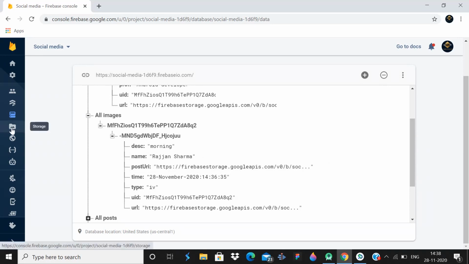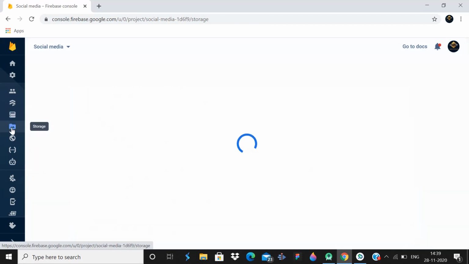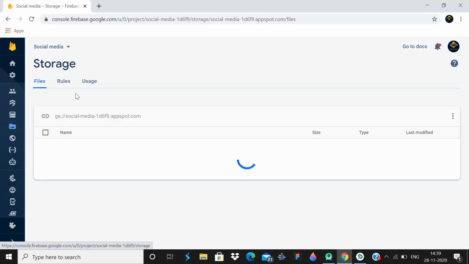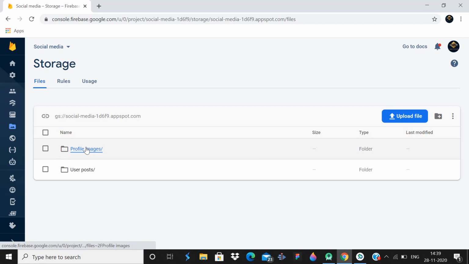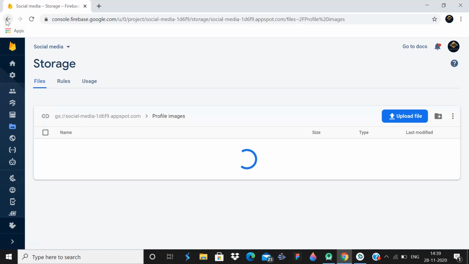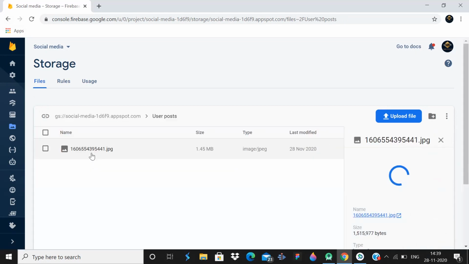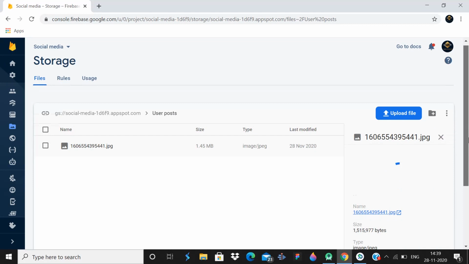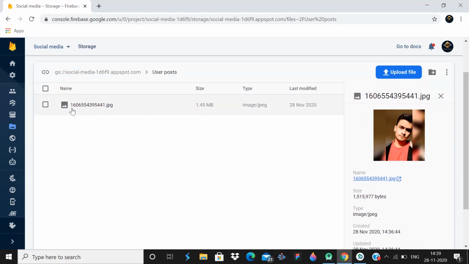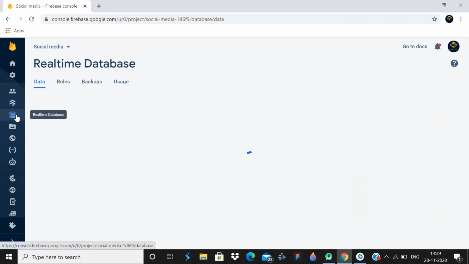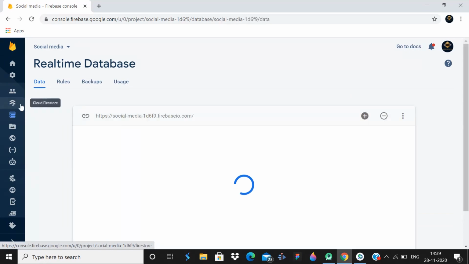And after this you have to open the storage. So I will show you the image that you have uploaded, it is uploaded here, and also the reference of that image. Here you can see that this is profile images, but it is not inside profile images, it will be inside user posts, I think. Yes. And here you can see that this is a current release of my PC, and this is the extension that we have used, understand? And here you can see that the image is uploaded successfully. So guys, you can see that every procedure is working pretty good.